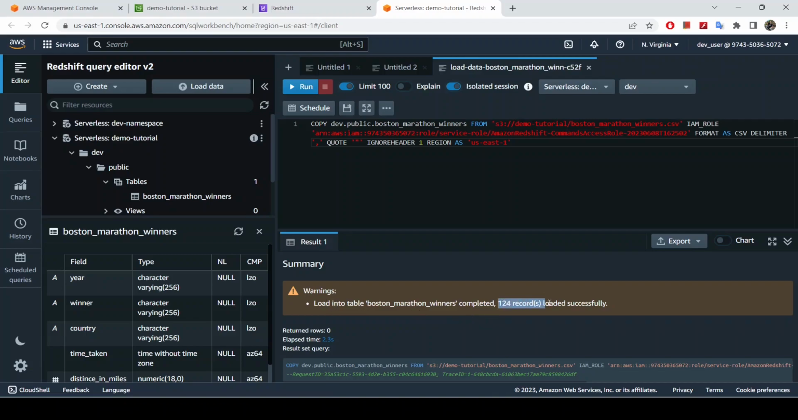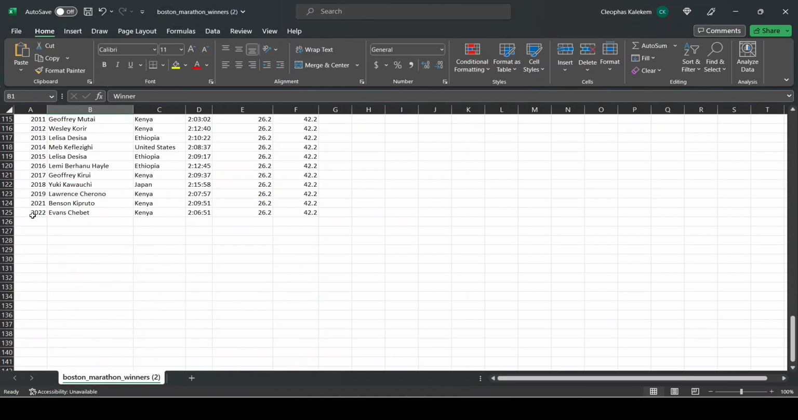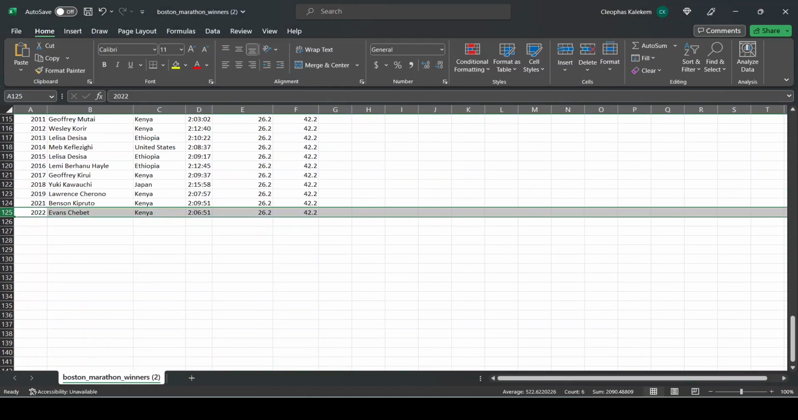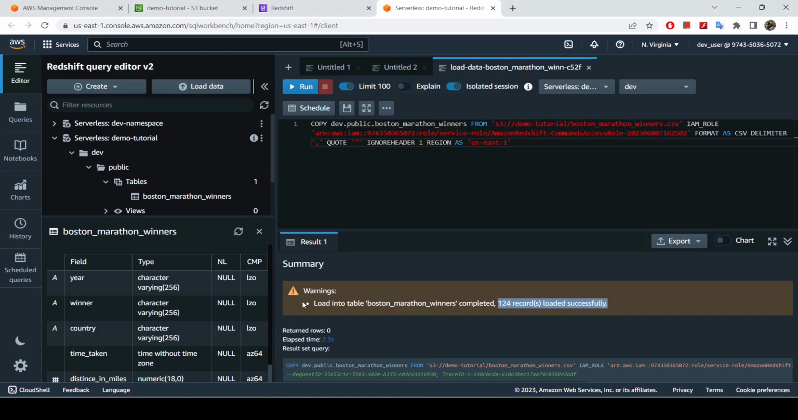You can see the number of records that were inserted, 124 records. And in our file here, we had 124 records. You see here 125, but like I mentioned, the first row is the columns. So we should be good there. All right. So we have loaded our data successfully. Very good. So then the next thing we do is go validate if that data has been loaded into our